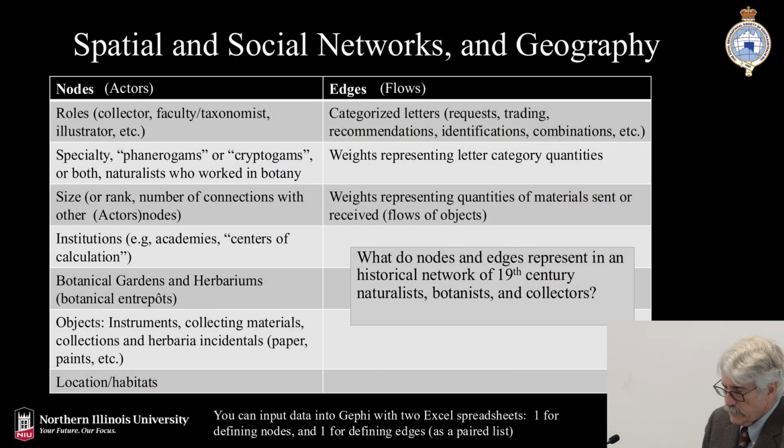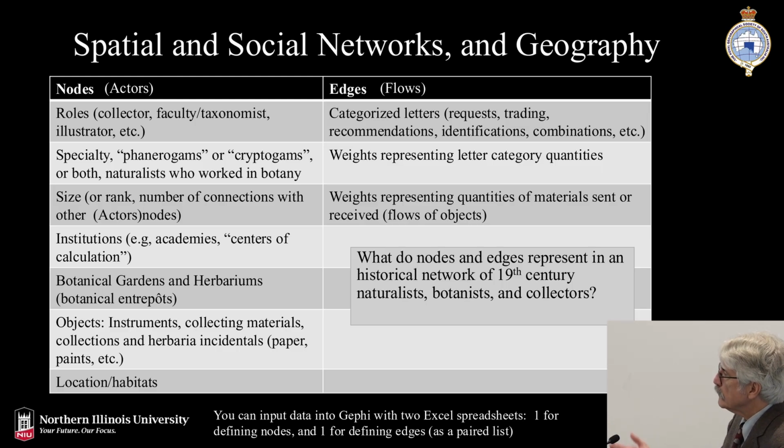All right, so getting down to brass tacks. I talked about the background and what was going on at the time. That was my idea anyway. So how do we create these networks? Well, they're basically made up of nodes, or actors, people, places, things, and edges. And edges can be flows of various kinds.